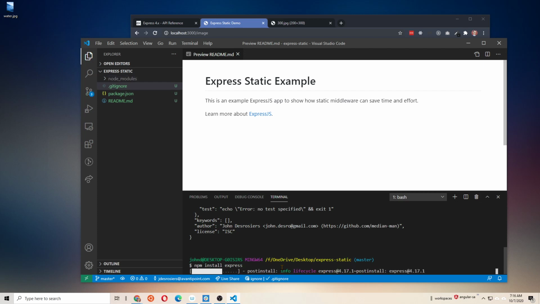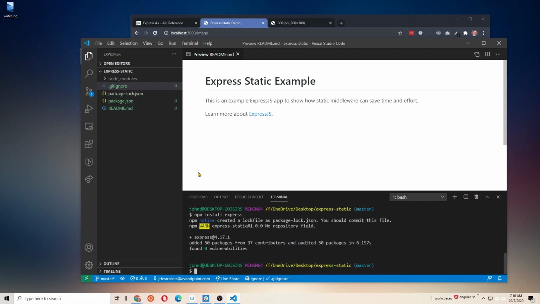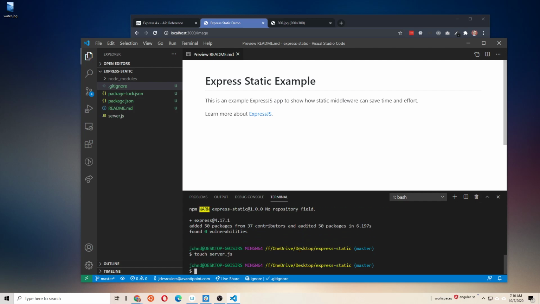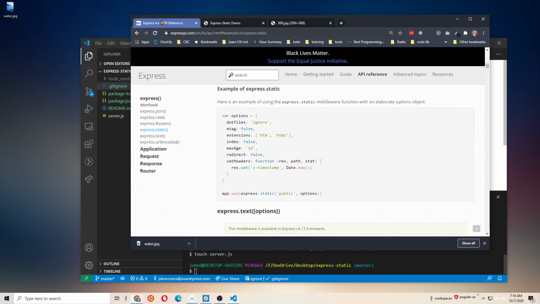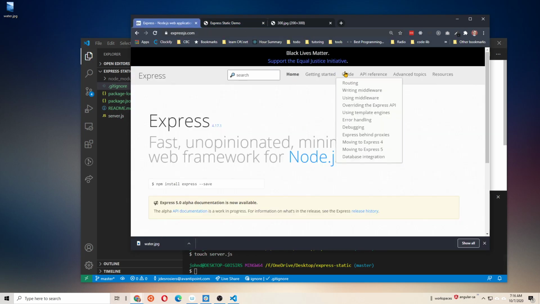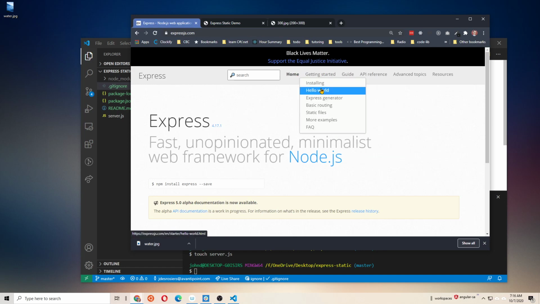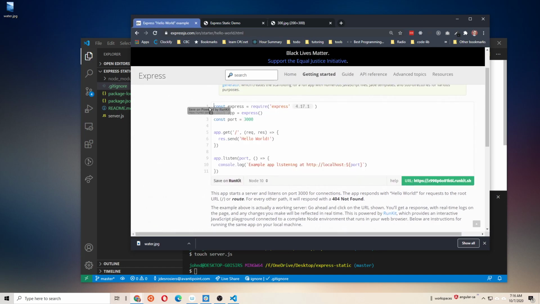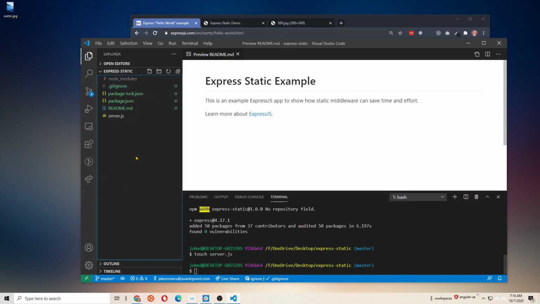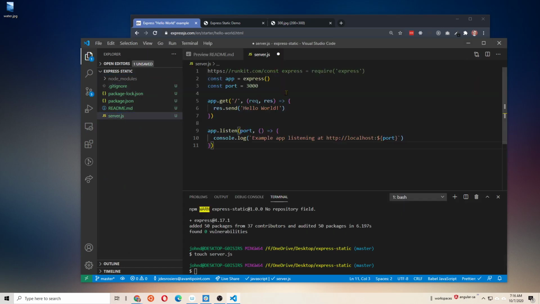All right, so what I would like to do is first create a server.js file with a basic Express app. The easiest way to get started is to go to the Express docs and go to the Hello World example and just copy and paste that in. Go back to server, paste that in, and